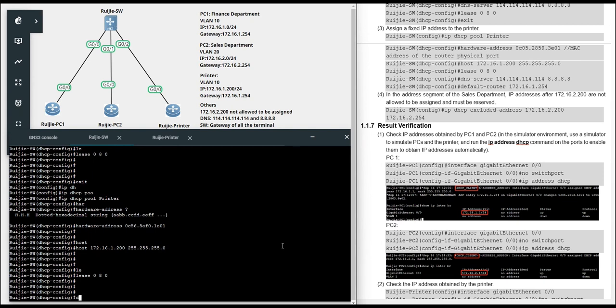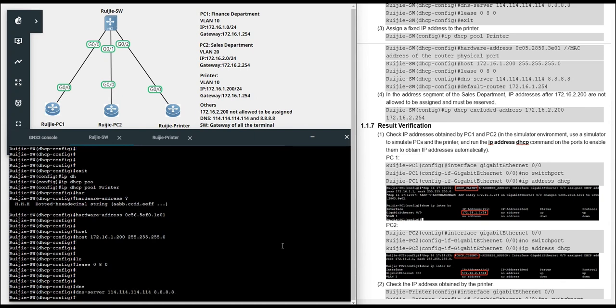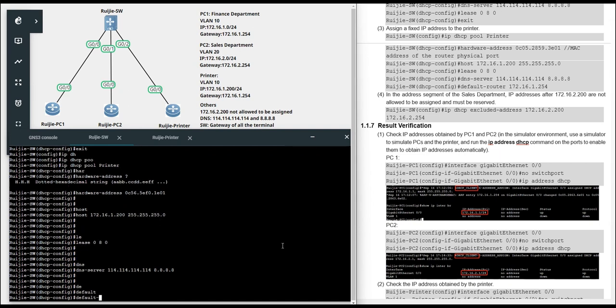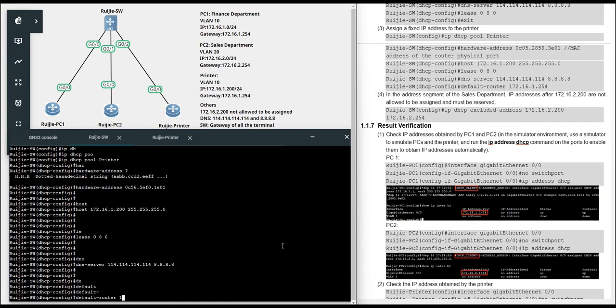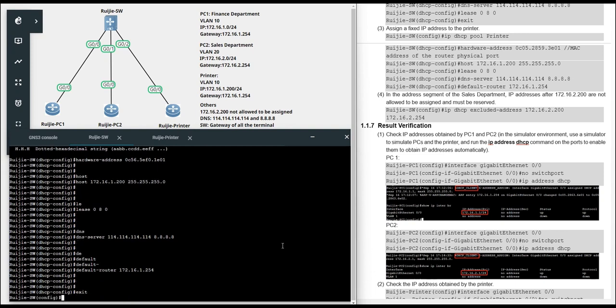And the DNS server 114.114.114.114, 8.8.8.8. Yes, and the gateway is 172.16.1.254. Okay, this is the basic configuration for the printer.